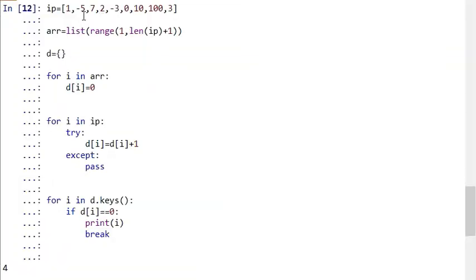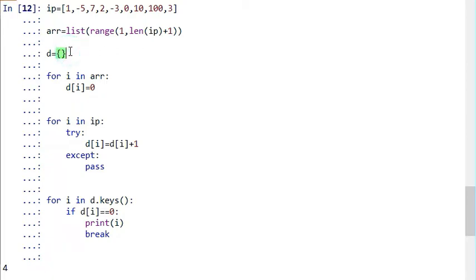This is the code which I wrote just now. Suppose this is our input array. The thought process is that whatever the length of this array, the least missing positive integer can be only within a limited range. If the length is 9, the missing least number can be in 1 to 9 only, right? So I am initializing an array with range 1 to length of ip plus 1, because the last index would otherwise be missed, so that's why plus 1.